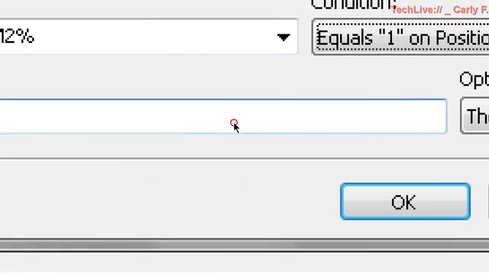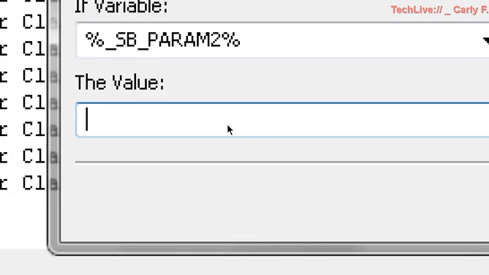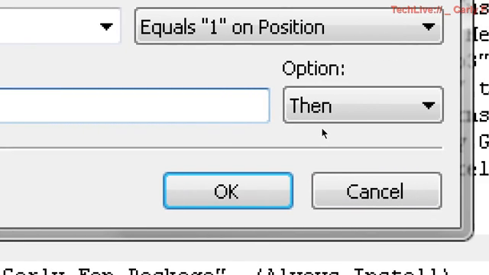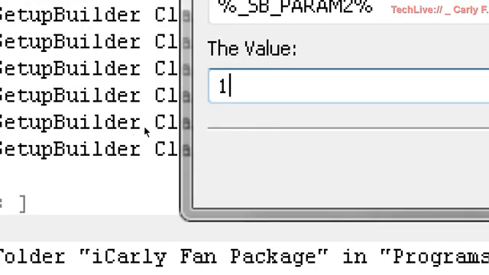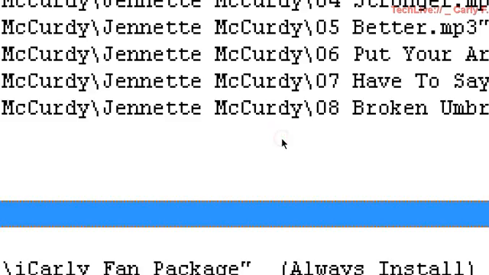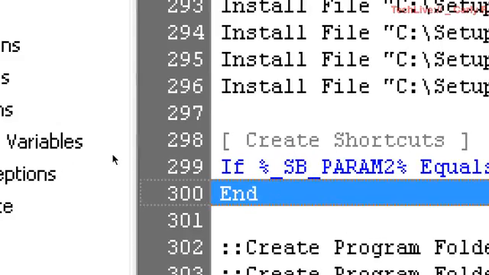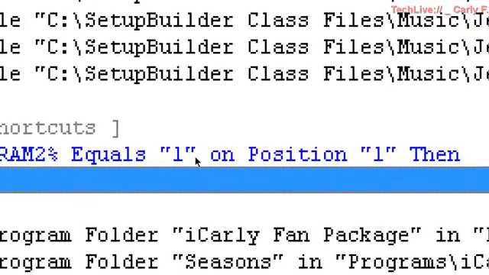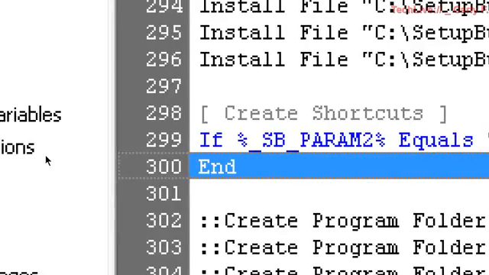We're going to say is equal to 1 on position 1, because we're going to give the user an option to create a shortcut to both the music and seasons directories, the individual directories that say music and videos, on their desktops. So we've got if this equals 1 on position 1, then